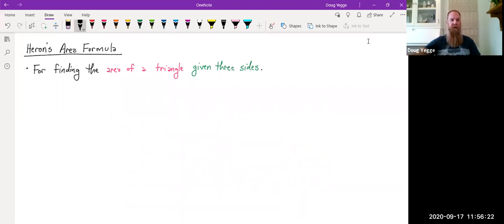Now that we've already used one area formula that involved sine, we're now going to find the area using another formula referred to as Heron's area formula. The proof for this is much longer and more arduous, so we're going to forego the proof, but we are going to show that the area is equal to the square root of